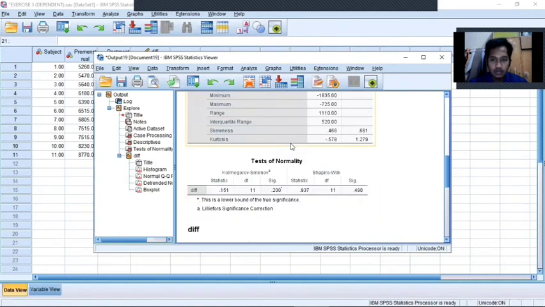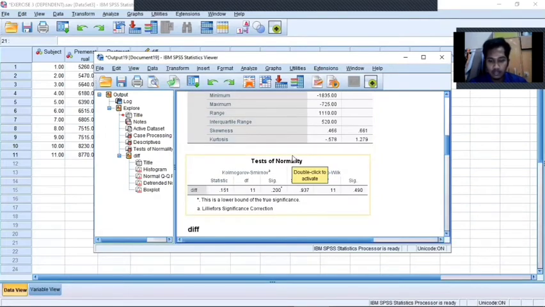So we know that the test of normality of the third exercise is normal because it's more than 0.05. It's parametric.